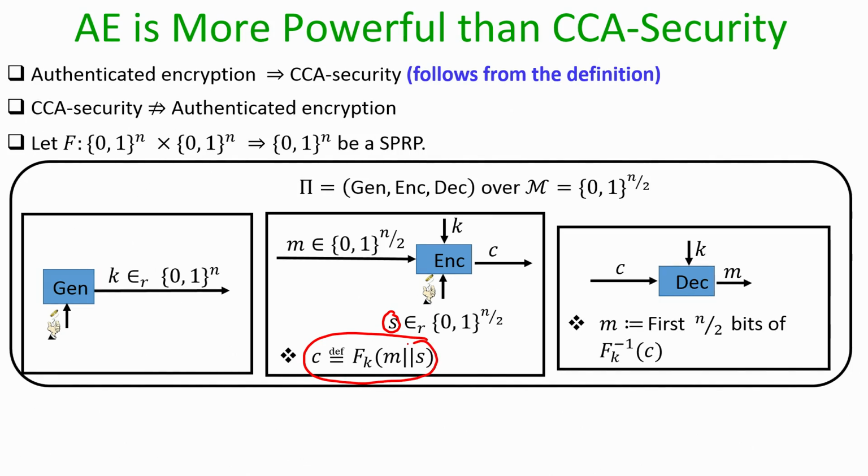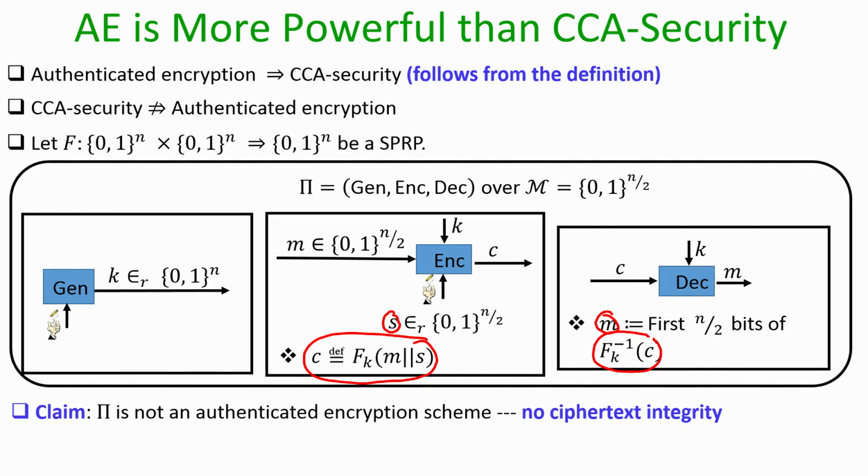To decrypt a ciphertext, if the receiver receives a ciphertext C and it has the same key k, it will first compute the inverse of the value C with respect to the key k. So, that means it will compute Fk inverse with the input C, and on inverting it will obtain a chunk of n bits, and it knows that as per the syntax of the encryption process, the last n by 2 bits of the output that it has obtained is the randomness part. So, it can simply throw it off and take the first n by 2 bits of the recovered n bits and consider it as the output plaintext. So, that is your corresponding decryption process.